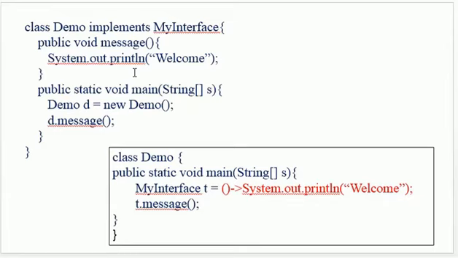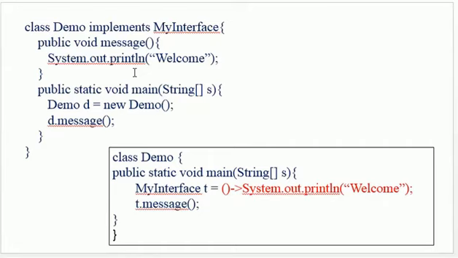But since my interface is having only single method, it's a functional interface. The way I have designed it, it's a functional interface. So it is having only a single method. So if my interface is having single method, whatever implementation I am going to give, that implementation will stand for that method only, because we don't have any other method. So what I want to say is this: since my interface is having single method, it's a functional interface, so whatever implementation I am going to give, that implementation will be for message only.